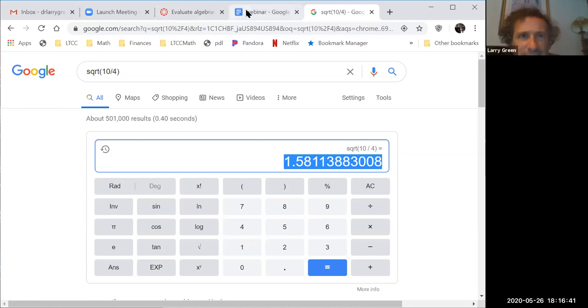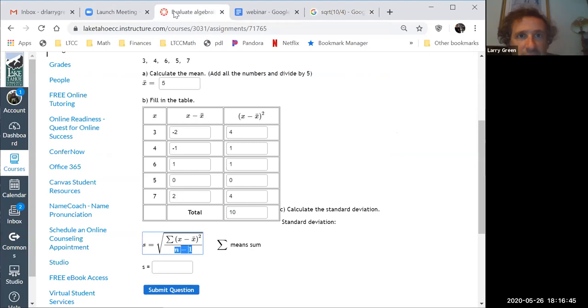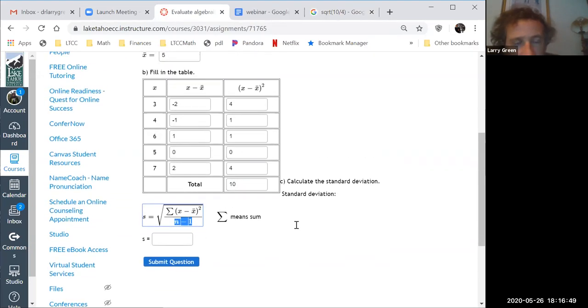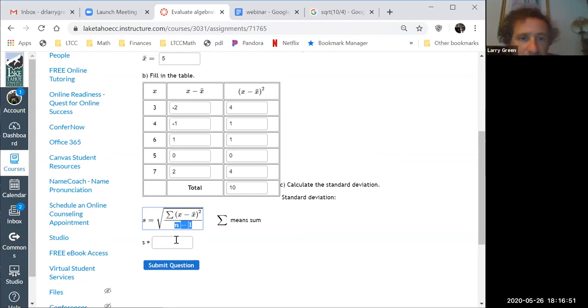I guess you can. I don't think it tells you. It probably should. I should probably fix that if I can, if I'm allowed to. Does it say how many decimal places? It doesn't. So I'm going to copy and paste it in. More decimal places than you'd ever want it to be.